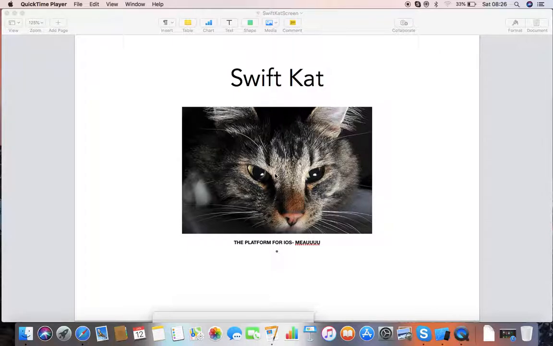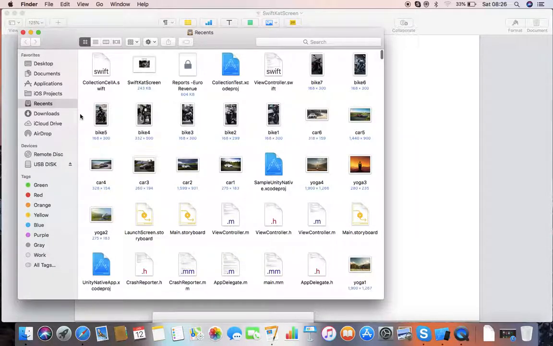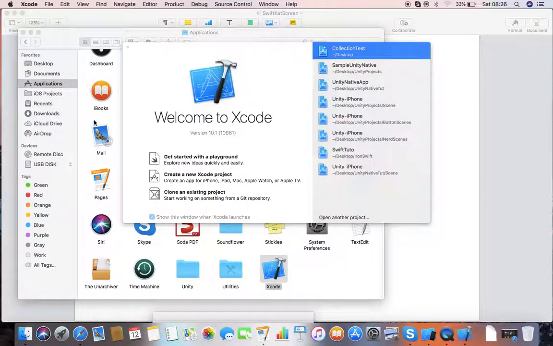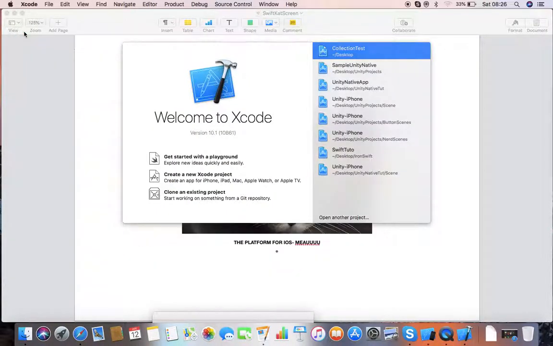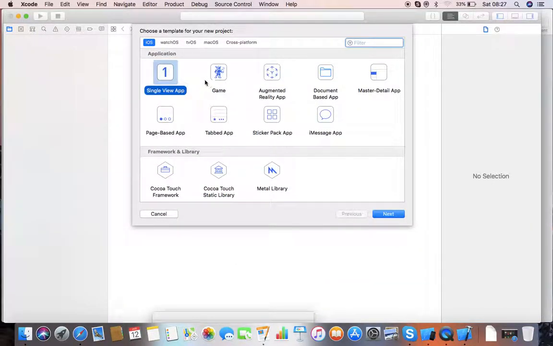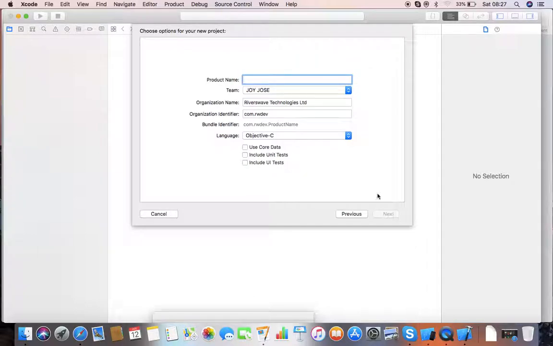In this video tutorial, I'm going to show you how we can make two collection views in one view controller by using the language Swift. For that, we need to start our application with Xcode, and we will start a new Xcode project. It's a single view application. Click next, and we will name our project